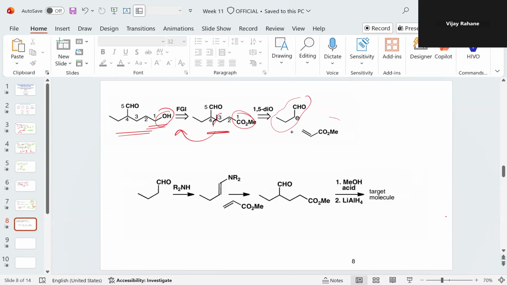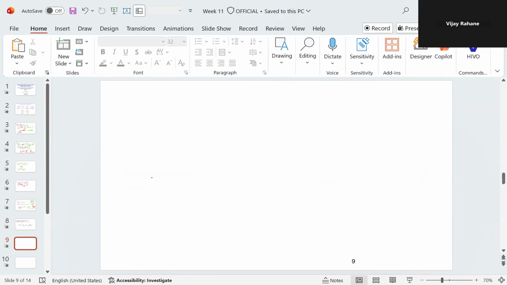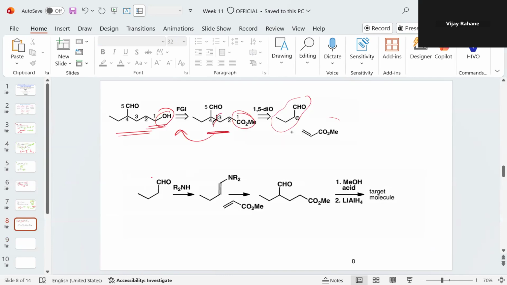So this is the starting material we had, which is the aldehyde. If you treat this aldehyde with this amine, we can basically get the enamine. So basically our NH2, if you treat this with any aldehyde or ketone like this, we initially get this type of compound. But in this case particularly, if you just look at this example,